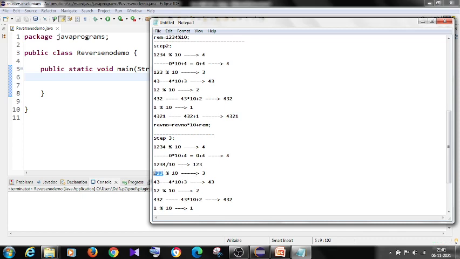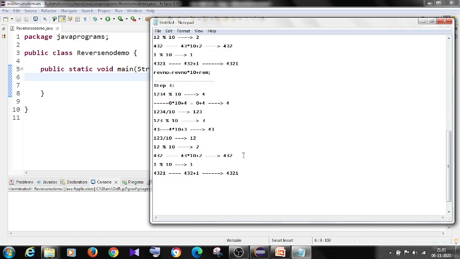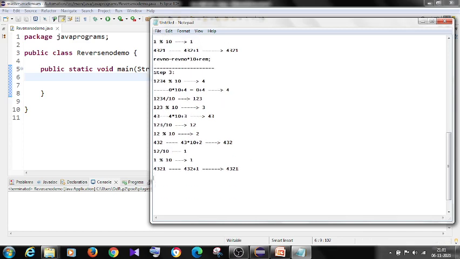Now in this step, what do I have to do here? 1 2 3 divided by 10, so result will be 1 2. Here in this step, 1 2 divided by 10, what will the result be? 1. Okay, so my first step will be number is equal to number divided by 10.